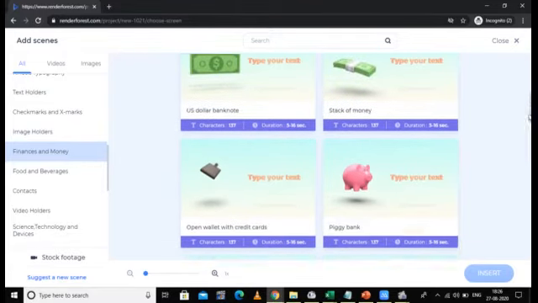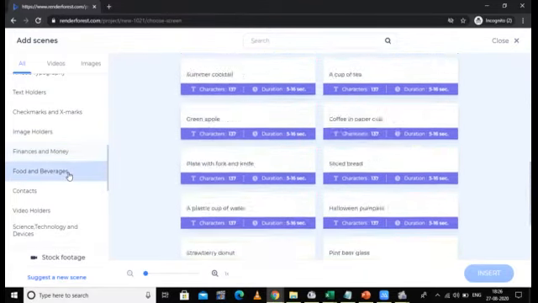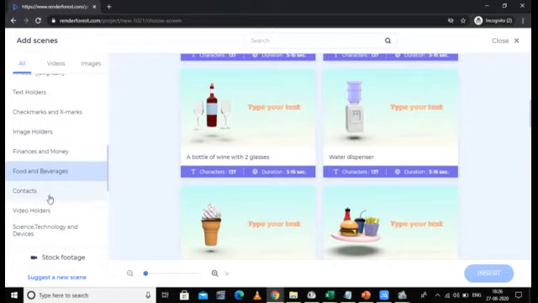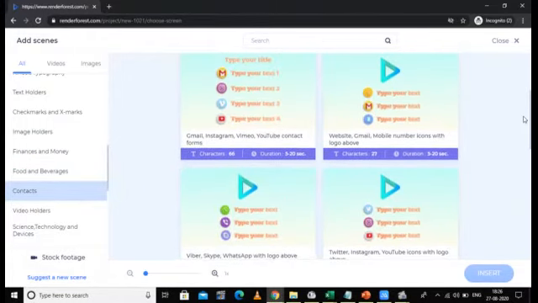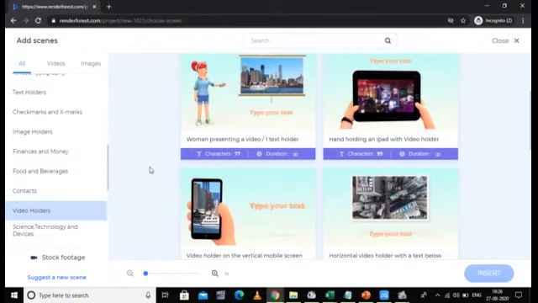Then we have food and beverages. If you want to give the contact option, let us suppose we are creating our college video or a video related to our business and you want to give the contact type, you can give it here. Then we have video holders. If you want to give a video inside a video, you can do it through this option.